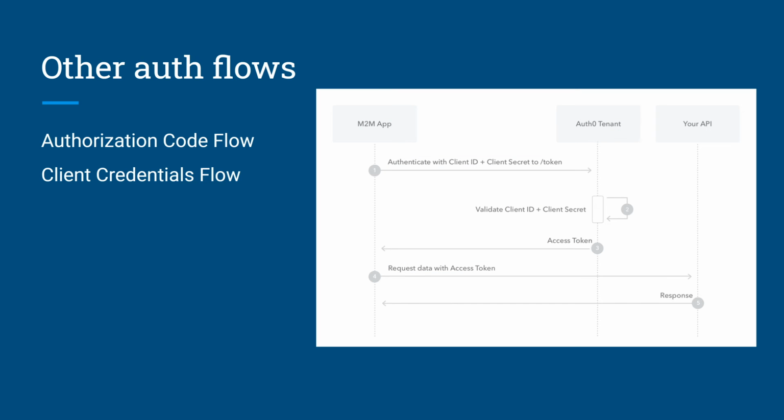Another authorization flow is the client credentials flow. Basically, it's a way for machines that communicate with each other to authenticate each other and make sure that it's the right device communicating to the right device. The way these work is that each machine has its own client ID and secret, and the auth provider is going to verify those before it sends any type of access token to the machine. Once those things are verified, the machine gets the token